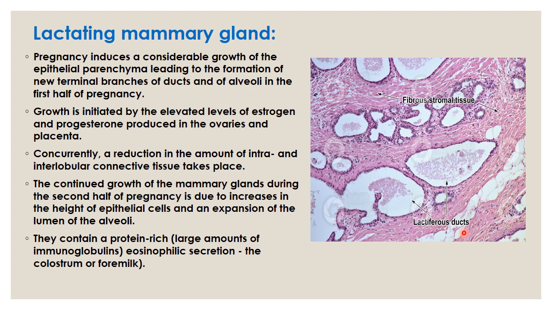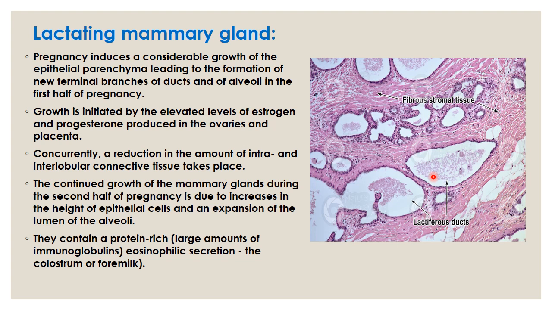So during the lactating state of the mammary gland, there is a considerable increase in the size of the alveoli, so that the simple cuboidal epithelium is thinned out and appears as a simple squamous epithelium. So it is thinned out actually. All of the lumen of these alveoli are filled with the early secretions of the milk, that is the colostrum, and the amount of the fibromuscular stroma reduces. These are the lactiferous ducts showing you that they are filled with the secretions.